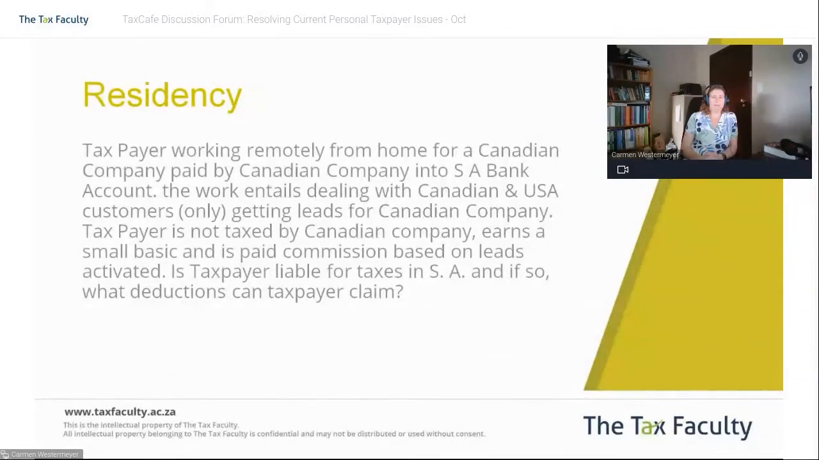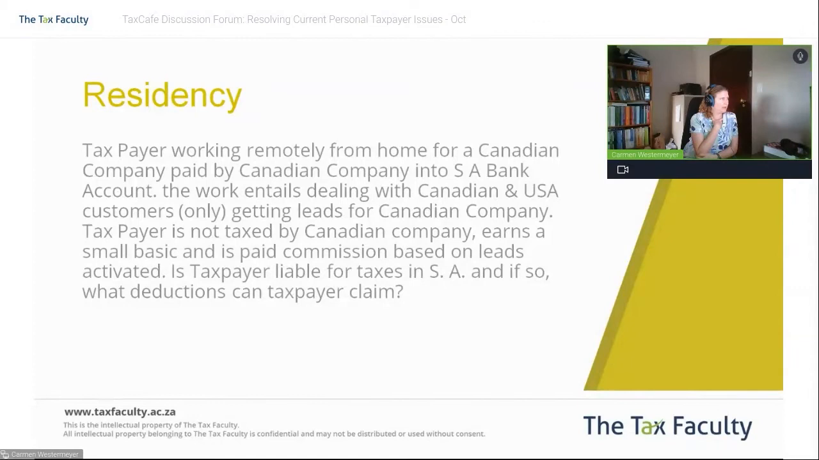Reality here, if I look at the basic structure, we can probably make an argument that I am an independent contractor, not an employee. Right. If that argument fails because there's more to the fact pattern, and I'm still an employee of the Canadian company,